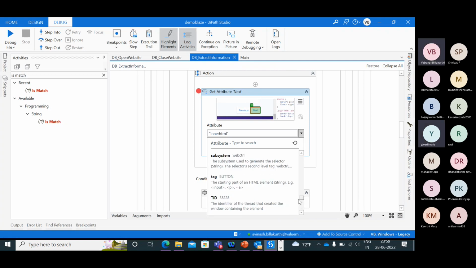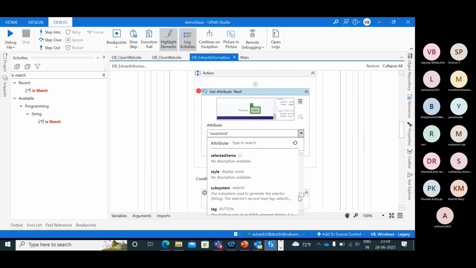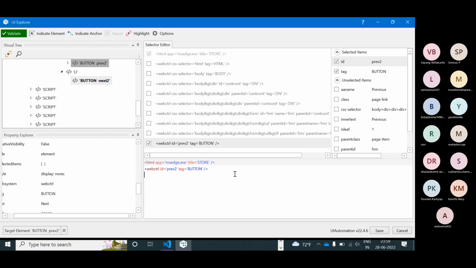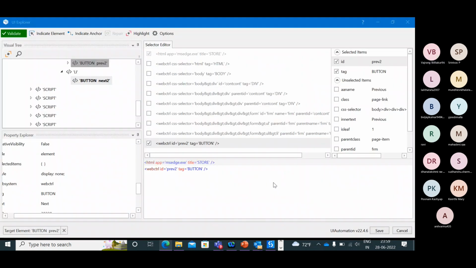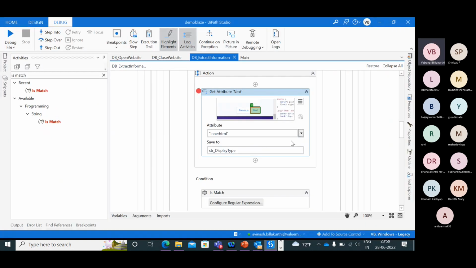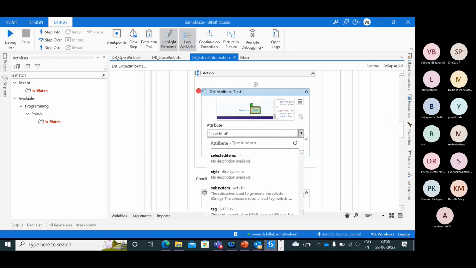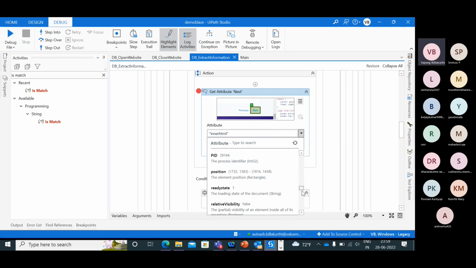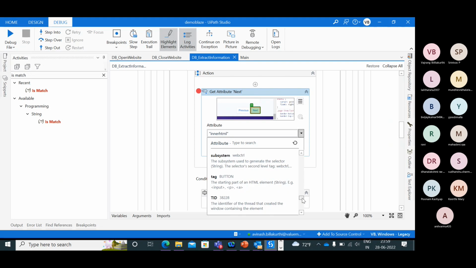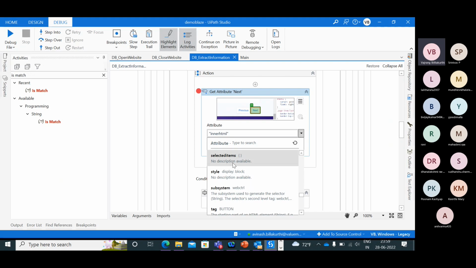Display none. No description available. Yes, there is no display available. But here, let's try with this one. Inner text, style. Display block. Let's go with style again.